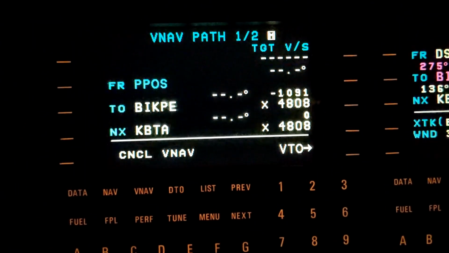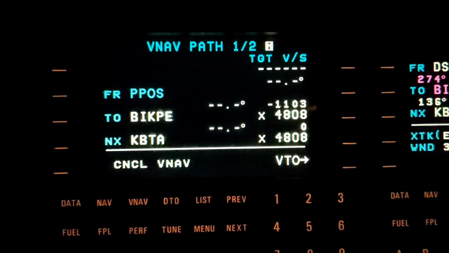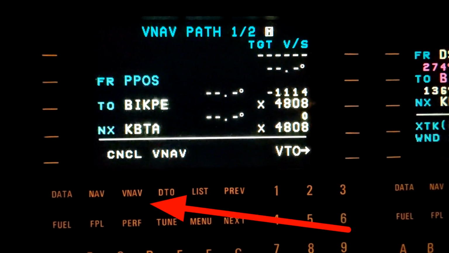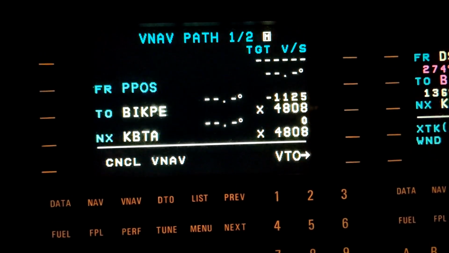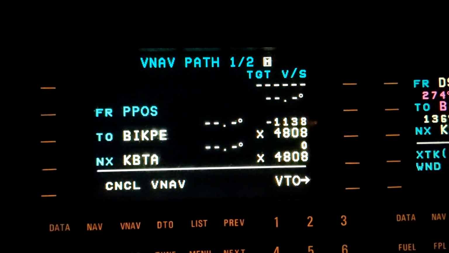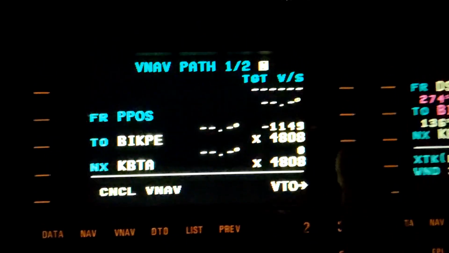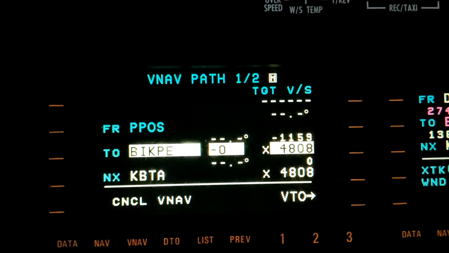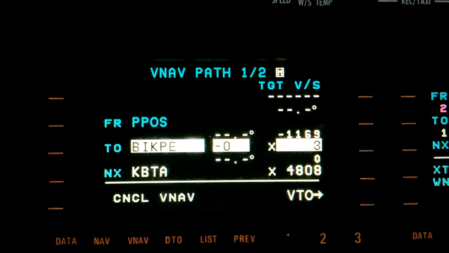Alright, here's an explanation of how we set up the vertical guidance to use the VNAV function of the autopilot. We start by pressing the VNAV key on the FMS, and it brings up this menu here. And I want to cross Bixby, the intersection Bixby, at 3,100. This is the initial approach fix for an approach that we might be flying, and 3,100 is the minimum altitude to cross that at. So I highlight where it says 4808, I press that soft key, and I just type in 3,100,